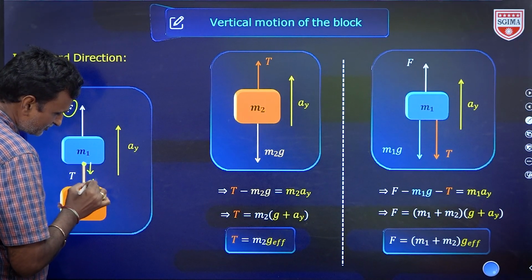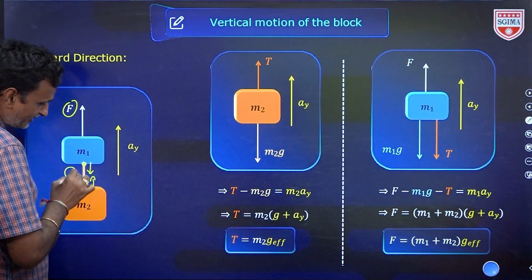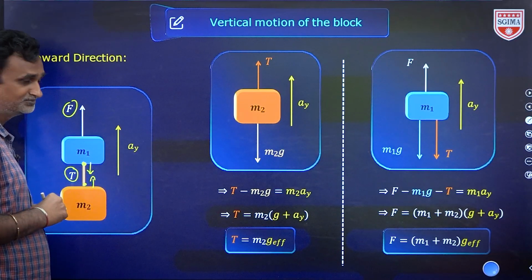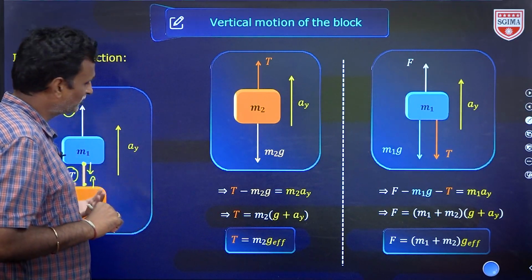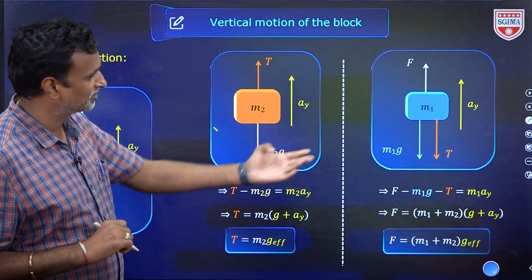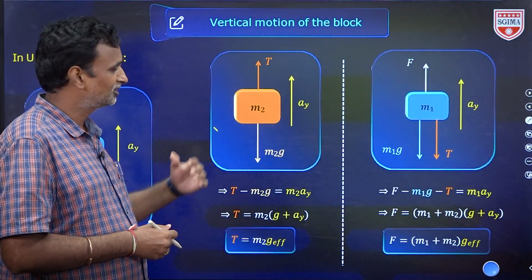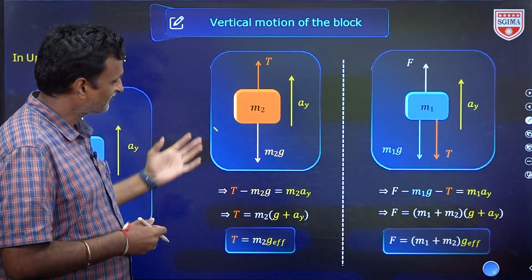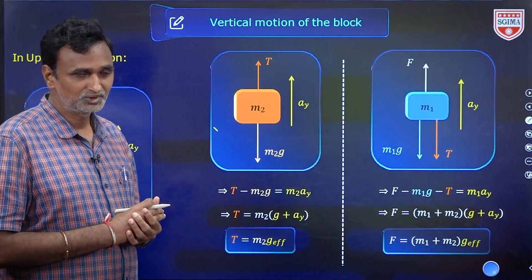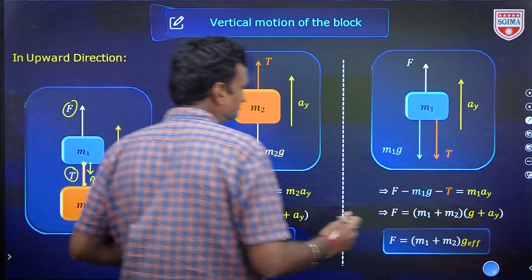With respect to this one, tension acts upward, but the tension will be the same because it is in the same rope. Okay. So now we can solve one block at a time, means free body diagram. First we need to draw, then write the F net equation, then solve for the tension values. Okay. So let us see first of all